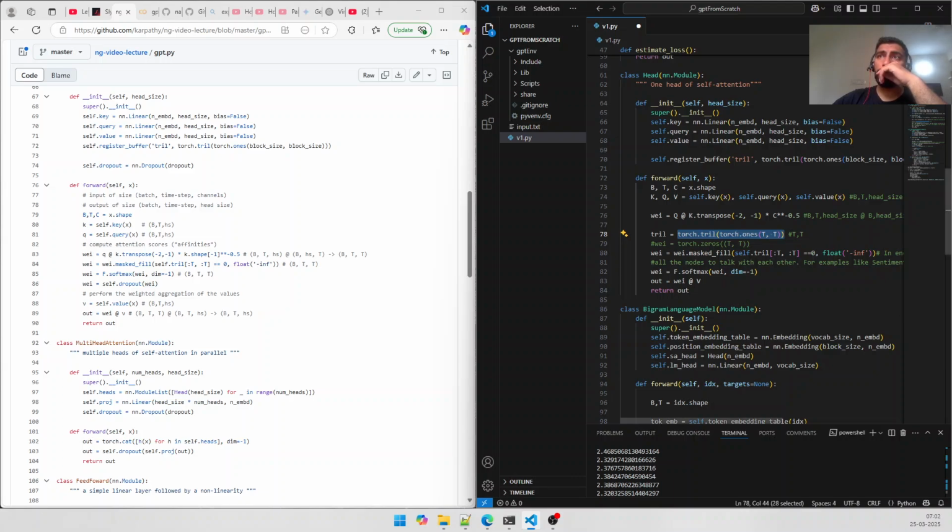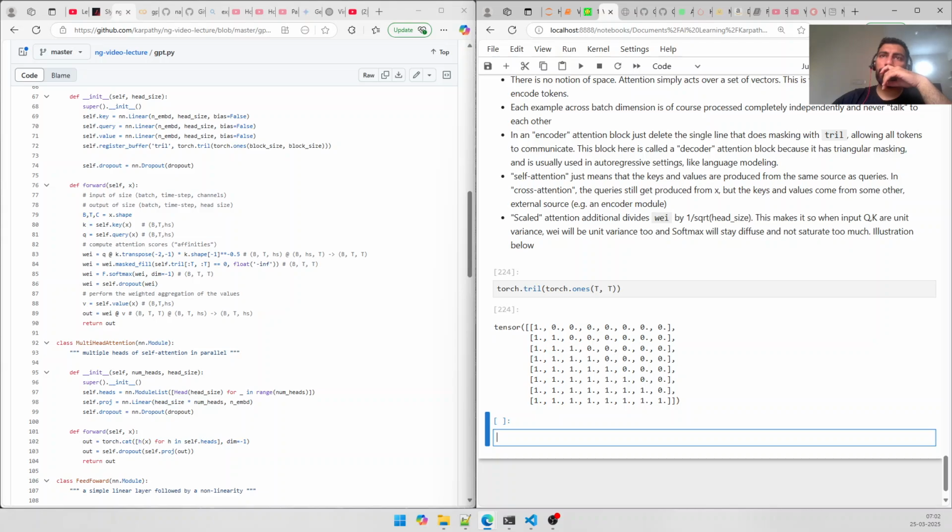Then wherever the tril is 0, fill it with minus infinity. So the top will become minus infinity, so that each element sees all the preceding elements rather than the elements afterwards. This element in the context of these two, this element in the context of this, it doesn't see whatever comes afterwards,